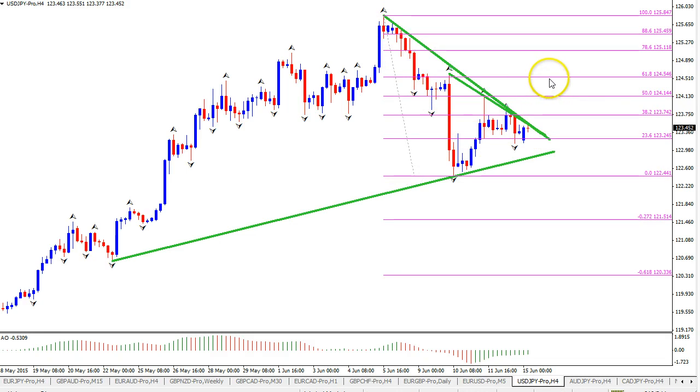61.8 fib, for instance, would be what I'm targeting at 124.50 for the moment. If it does break to the downside, then 121.50, perhaps 120.30 are the minus 272 and the minus 651.8 targets